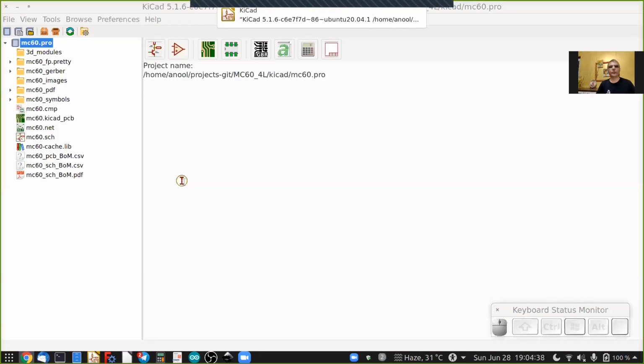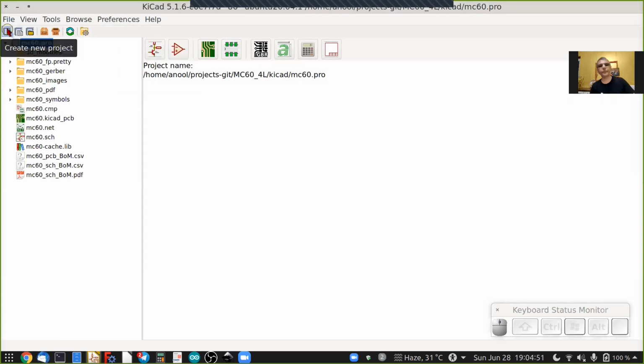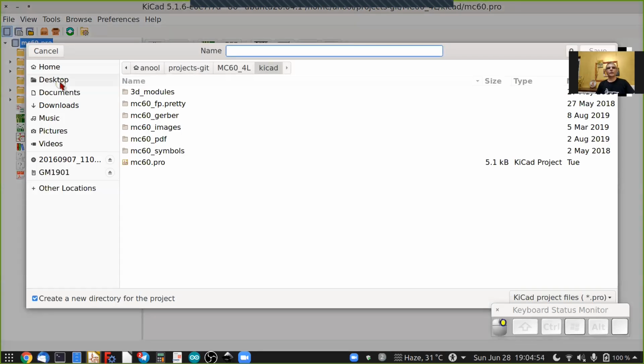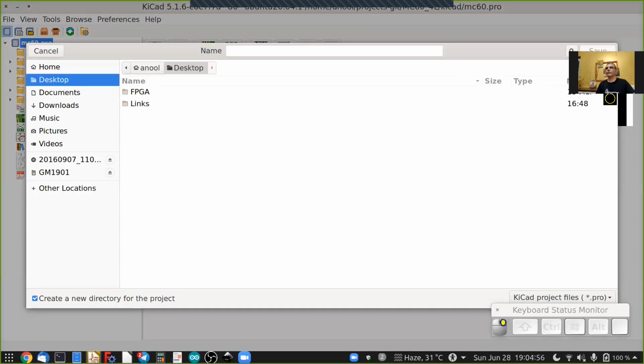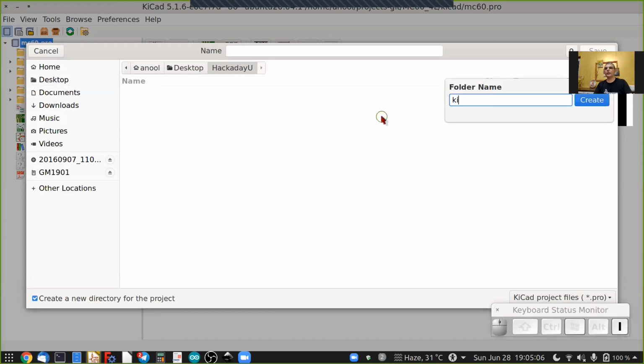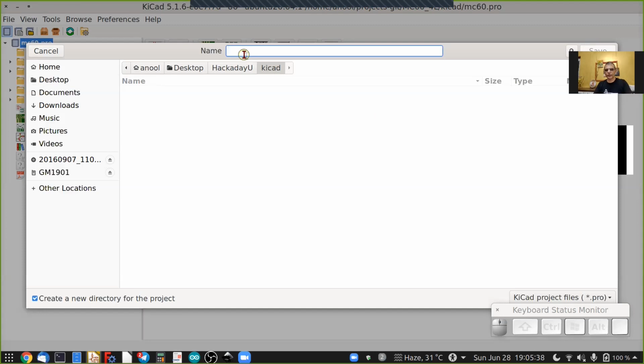And when you do, if you already used it earlier, you might have an existing project pop up, but we want to start off with a new project, which you can do via the file menu, or there is a new project icon over here. Let's create one. I'll use my desktop and create a new folder called HackadayU, and within that, create a new folder called KiCad. And within here, I'm going to create a project called tiny_blinky,